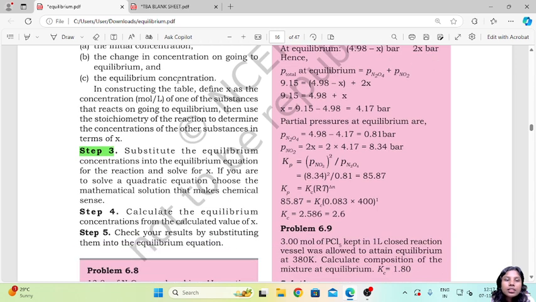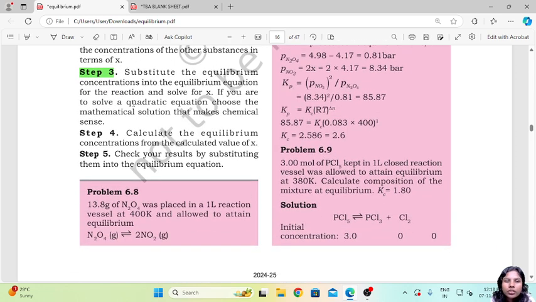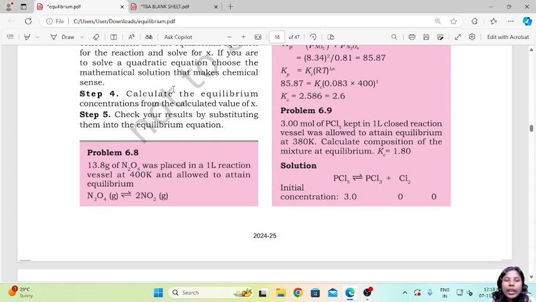Now in constructing the table, you define x as the concentration, that is mole per liter, of one of the substances that reacts on going to equilibrium. Then use the stoichiometry of the reaction to determine the concentrations of the other substances in terms of x itself. Third, you substitute the equilibrium concentrations into the equilibrium equation for the reaction and solve for x. Here you can use any quadratic equation solving method to find the value of x. Then you calculate the equilibrium concentrations from the calculated value of x